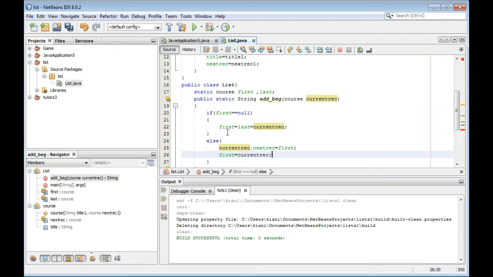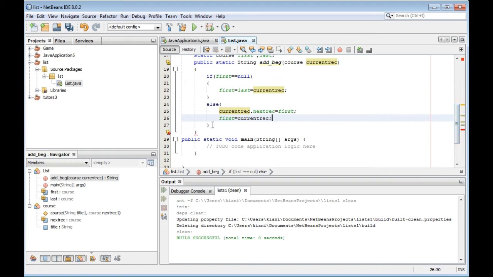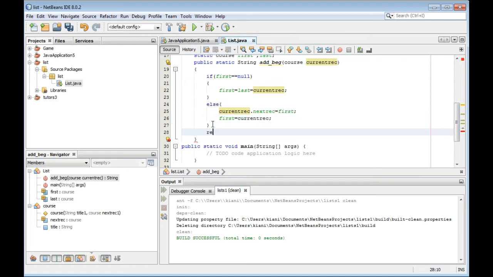So the address of the current record and data of the current record is first and last. There is only one record, so this is the first record and this is the last record. This is the if condition.